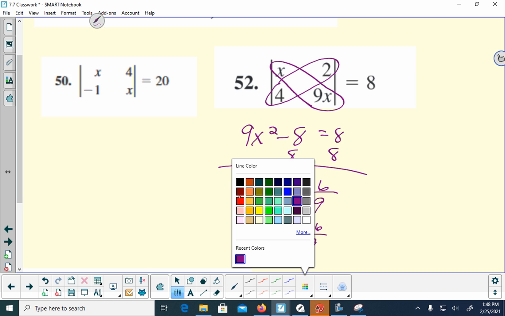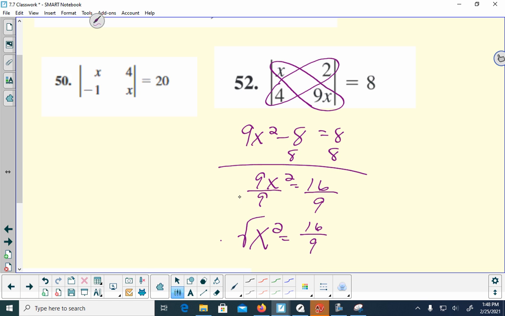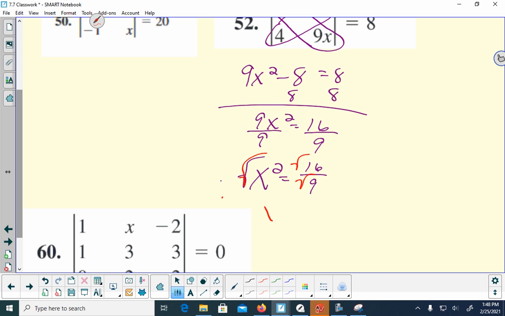Then I'm going to take the square root, square root, square root, square root, because I'm taking the square root of both the numerator and the denominator. And I'm going to get x is equal to plus or minus 4/3. And again, if I wanted to check it, I would put that back up here for the x. Okay, let's do number